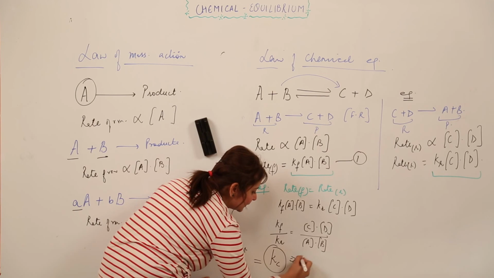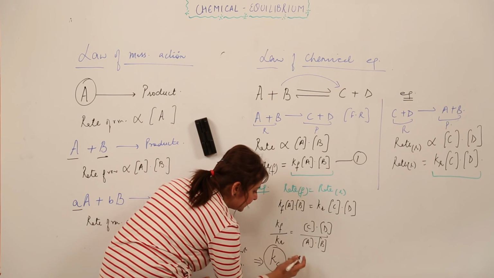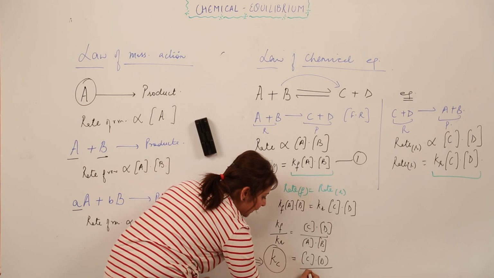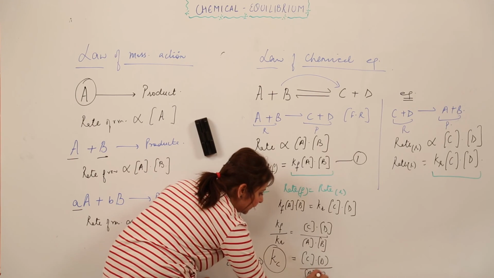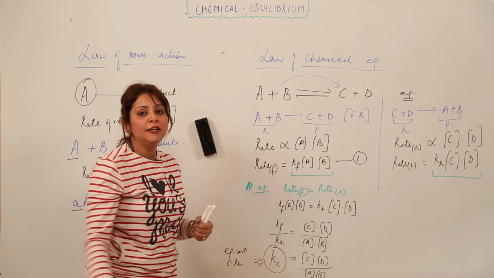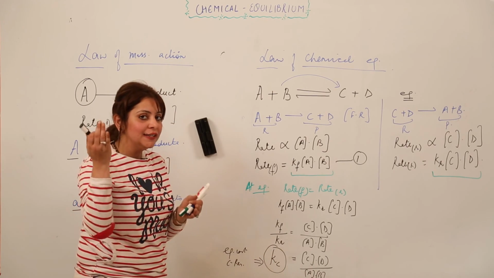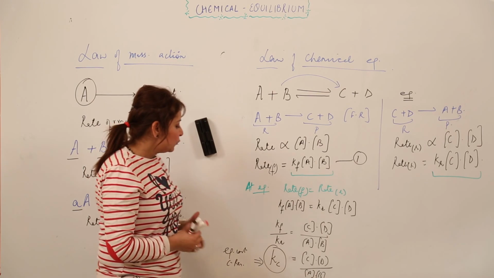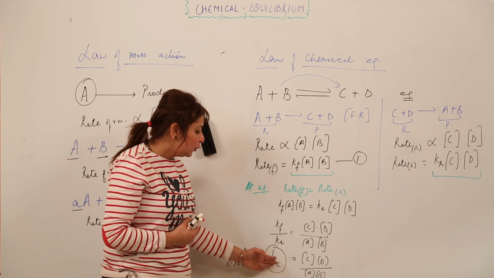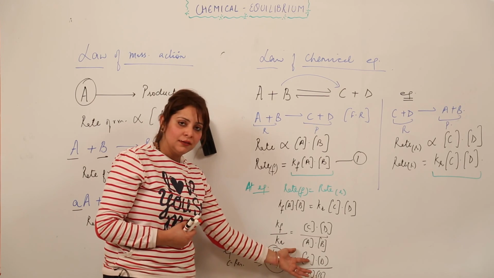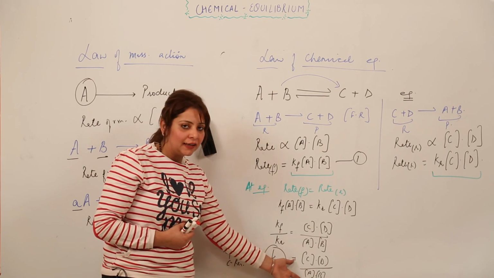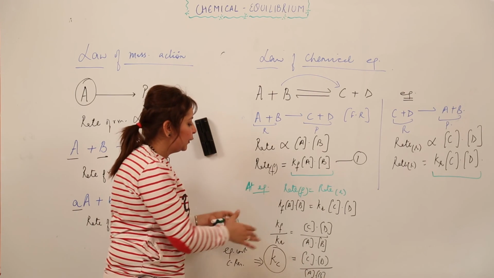So this indicates that the expression used for it is C into D divided by A into B, right. So that means this is actually the law of chemical equilibrium, or now I can define it in a better way. What does it indicate? It indicates that the equilibrium constant is equal to the ratio of the concentration of the products to the concentration of the reactants, right. And this is how you are going to write it.